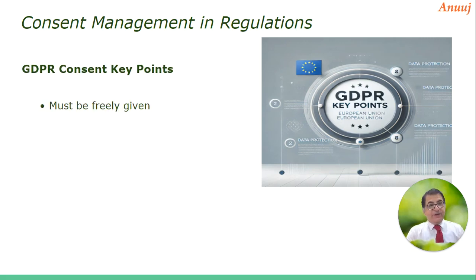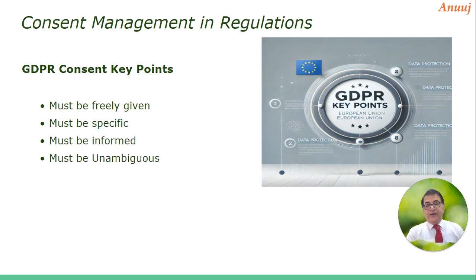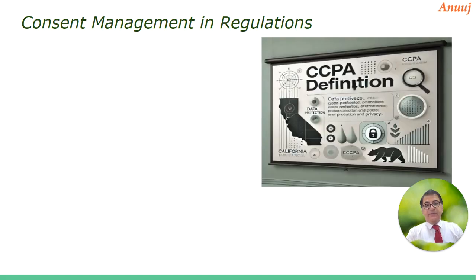So the consent has to be given freely. There should not be any force for getting the consent. It must be very, very specific to the purpose. It must be very well informed. It must be unambiguous. It should have a very clear single definition. In our local language we say double meaning things. No, but in consent management the purpose has to be clear and single meaning, not double meaning purposes. And the user should have the right to revoke it as and when he wants to. Right? So these are the key points that are covered by GDPR.